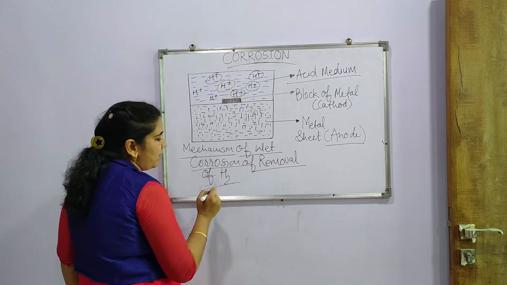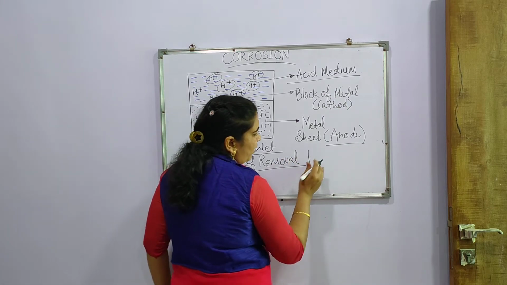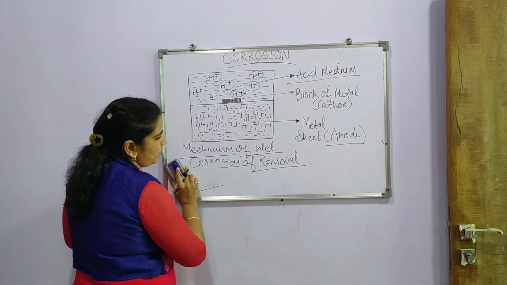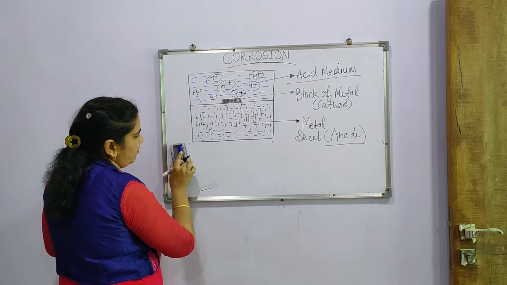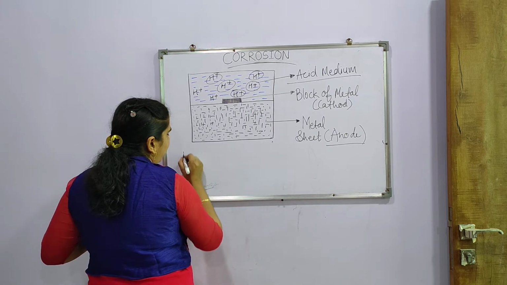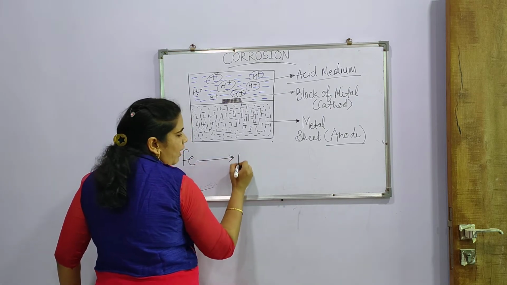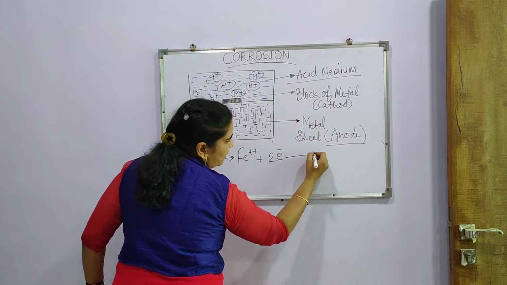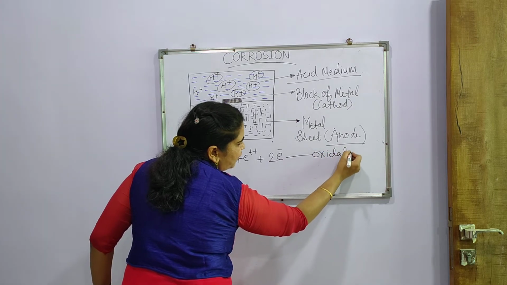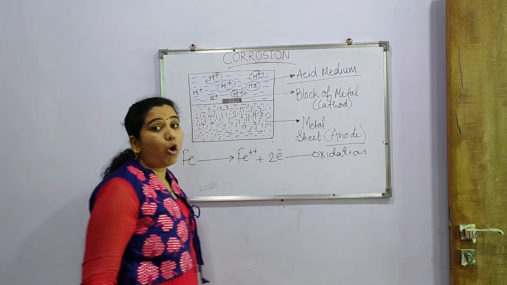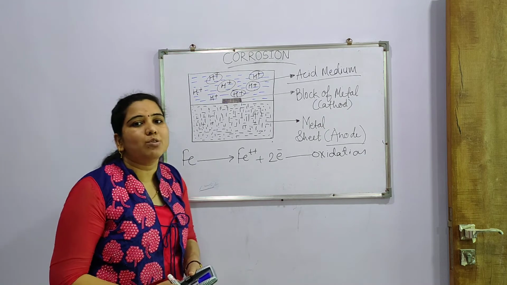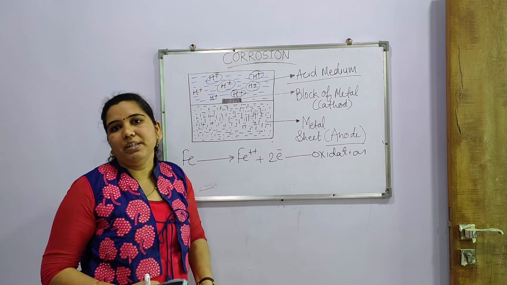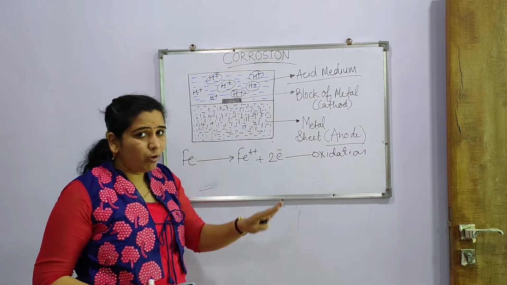So if it is made of Fe or Zn, what type of reaction is possible here? Just we will see here. This Fe will give Fe2+ ions with the removal of 2 electrons. So it is the process of oxidation, which is always there. So here oxidation is occurring by the removal of hydrogen, because there is an acidic media provided.